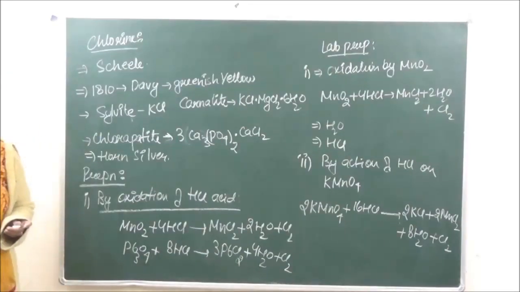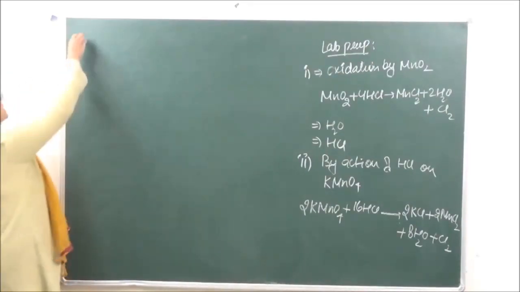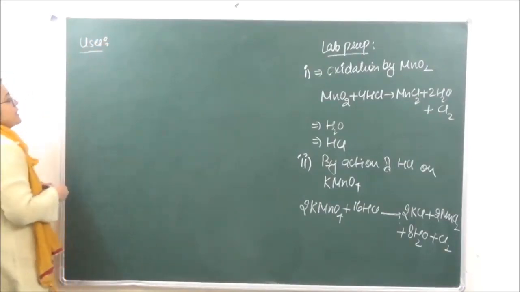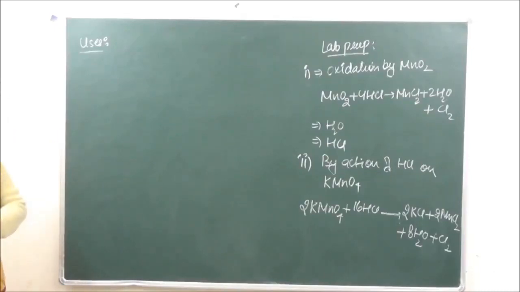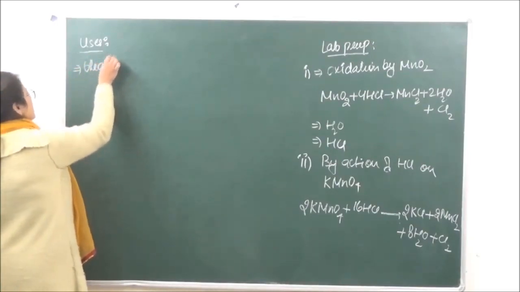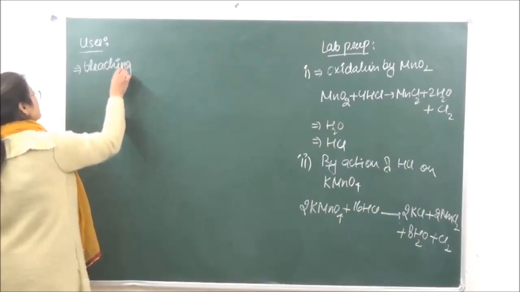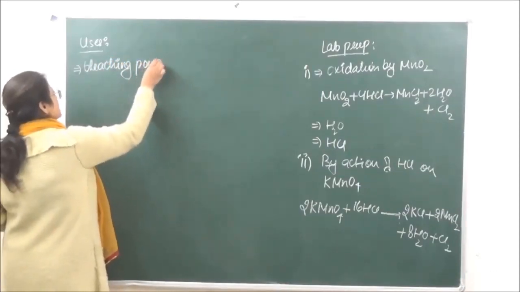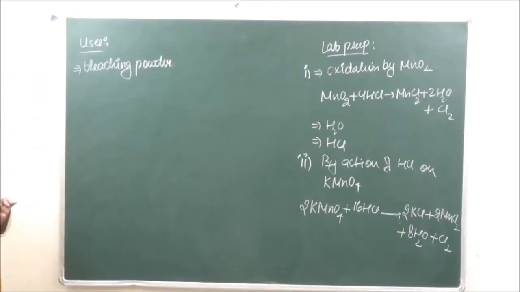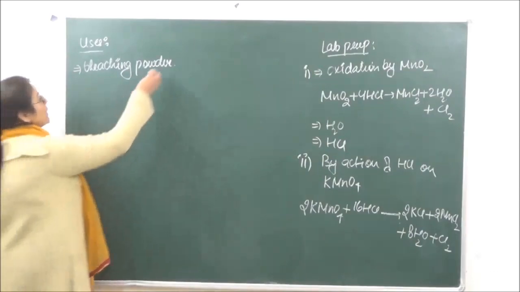What are the uses of chlorine? Chlorine has extensive uses in day-to-day life. The first one is that it is used in the manufacture of bleaching powder. Then number 2, also in the manufacture of chlorates,